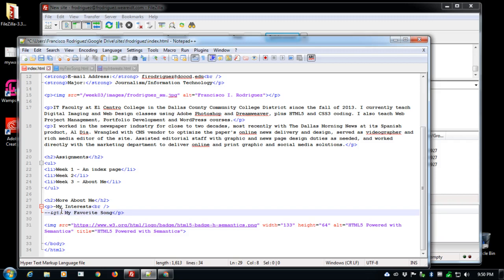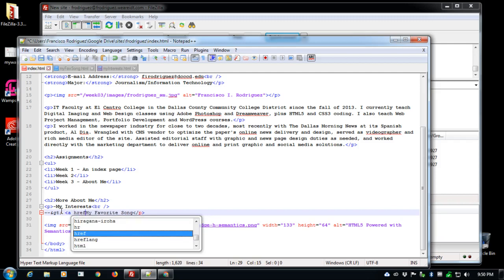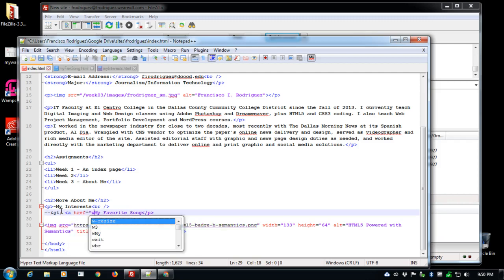I'll put a space there and then open up the link href that goes to week 03, and the file that we're looking for is my favorite song, my fave song.html. At least that's what I called mine. And close the tag. It's my favorite song. After that, we can add the closing of the link /a.